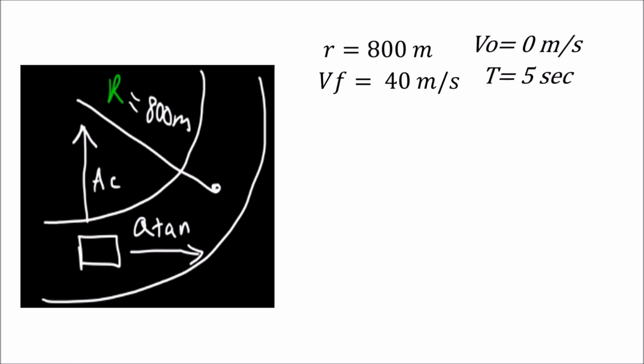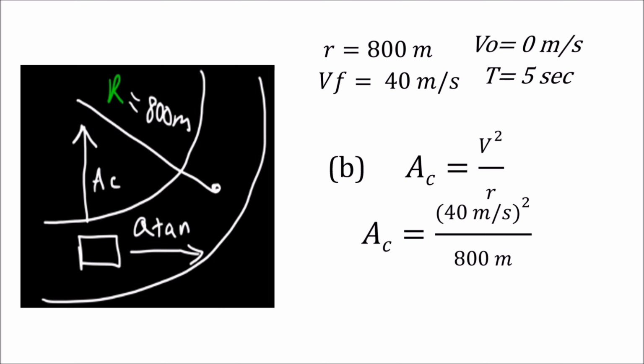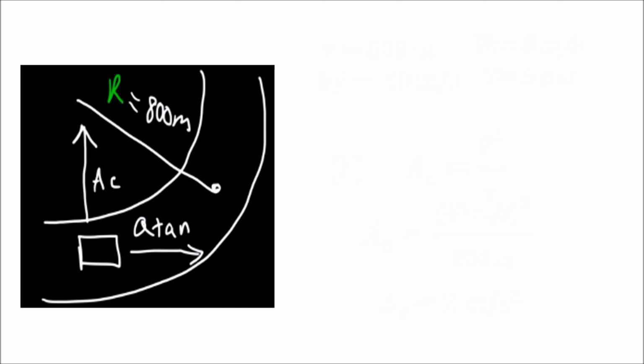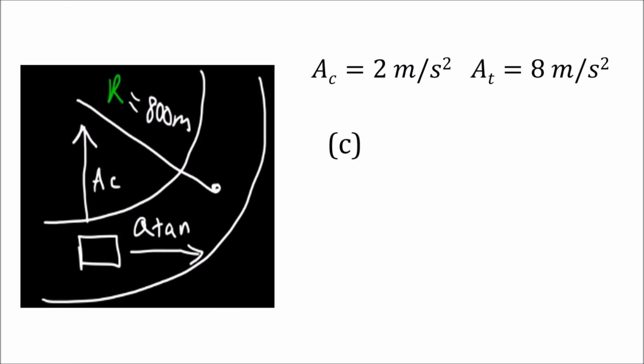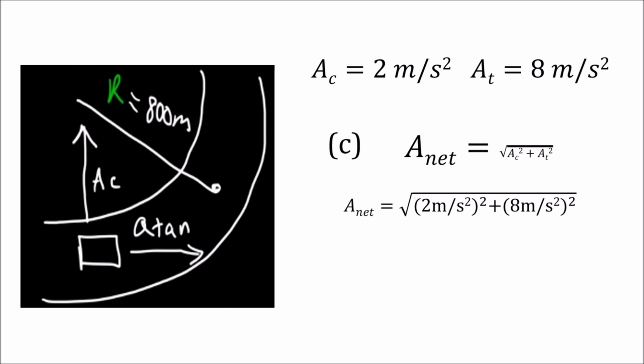For the second question, we will use the formula v squared over r to get the centripetal acceleration. We will use the velocity 40 meters per second over 800 meters for the radius, and we will get 2 meters per second squared. For the third problem, we will use the formula the square root of tangential acceleration squared plus the centripetal acceleration squared. Since a while ago we got 2 meters per second squared for the centripetal acceleration and 8 meters per second squared for the tangential acceleration, we will put those figures into the equation. And then we will get 8.25 meters per